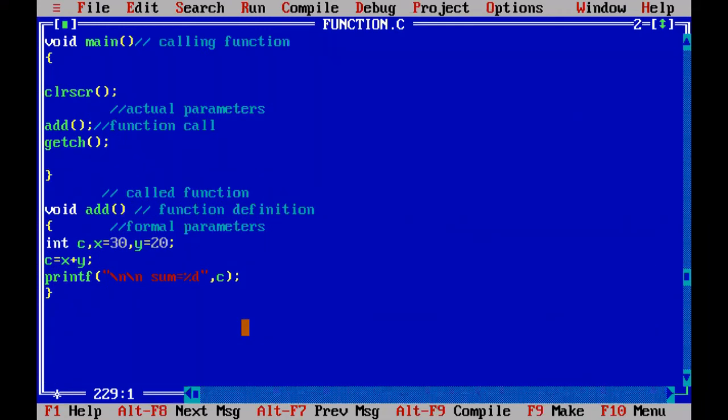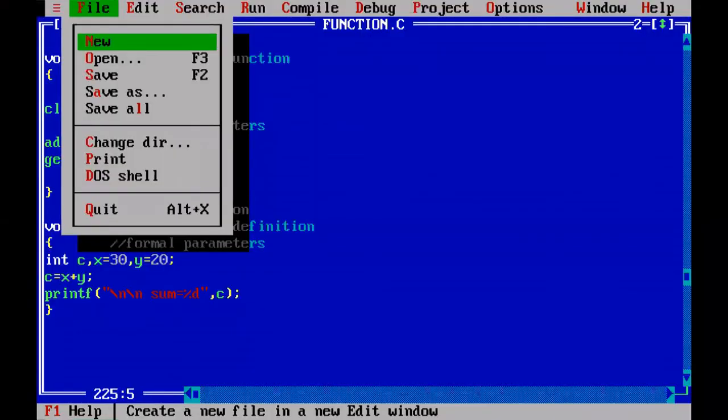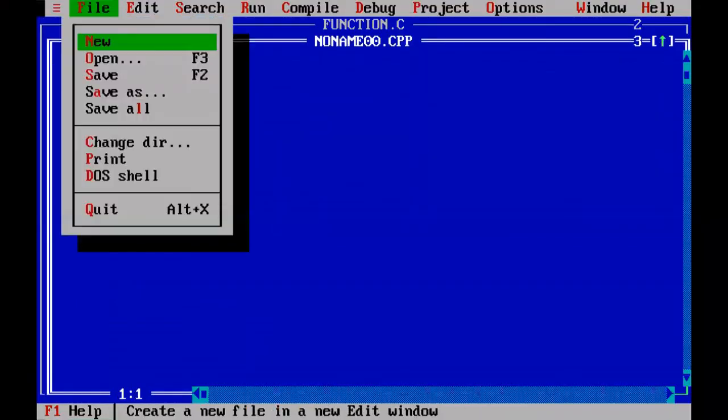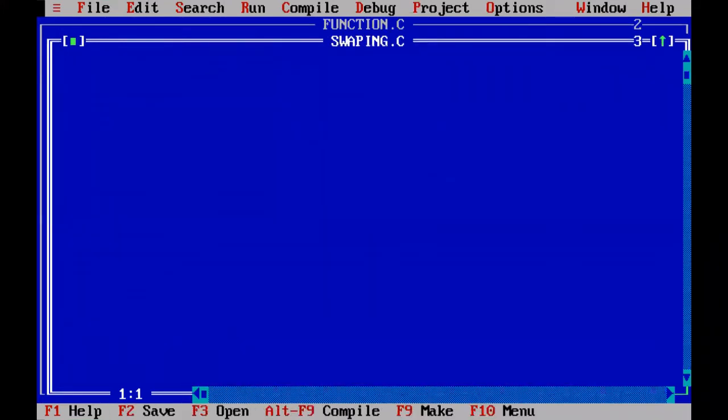But I want to discuss one important program. Go to file, new, go to file, save it with the program name swapping.c. Maximize it.